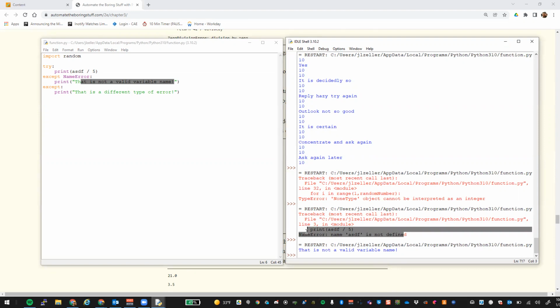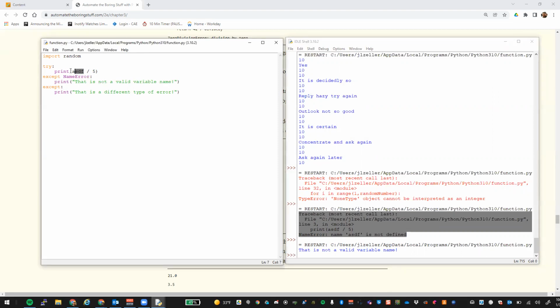Particularly trying to divide, say, a string by a number or something like that, you get base 10 int. It's kind of cryptic. It doesn't quite make sense. You can specify your own error message that will come back to the end user. That way they are not getting this crash screen coming back. If we give them something that's not necessarily a name error, but something else,